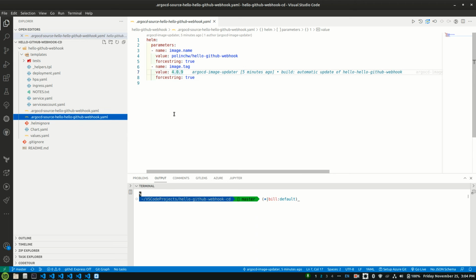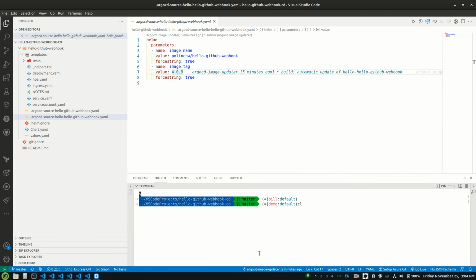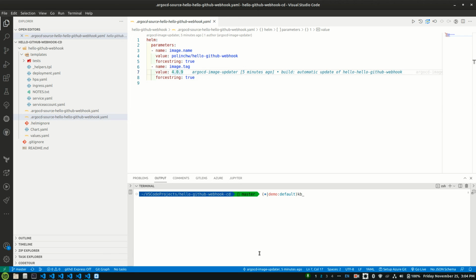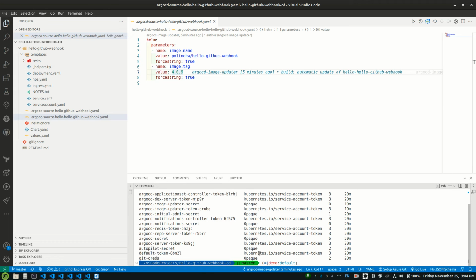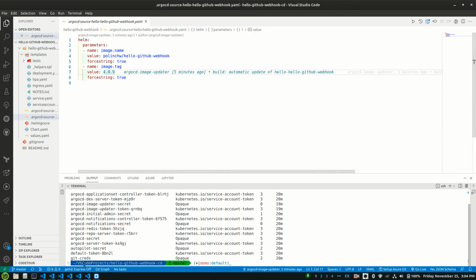So ArgoCD Image Updater is running in my cluster that I just built. It has a credential. I could show it right here. If I do kube get secrets on ArgoCD, it needs this get credentials, and it has rights to write back to my Git repository to make a change like this. And then once that happens, ArgoCD is just going to do its regular job, and it's going to bump the number